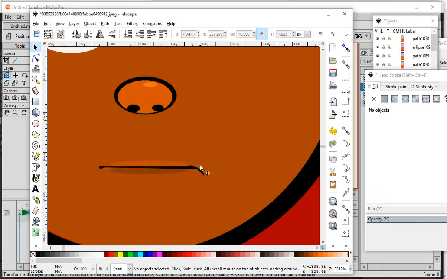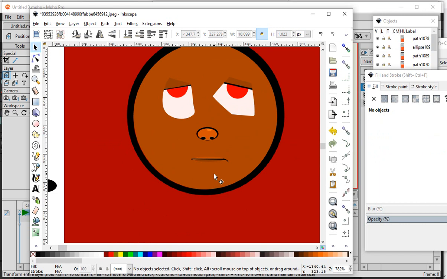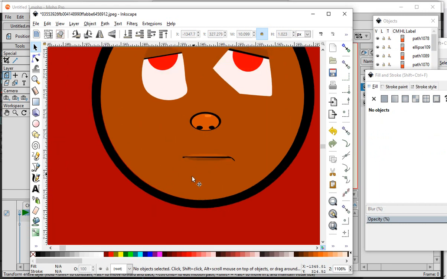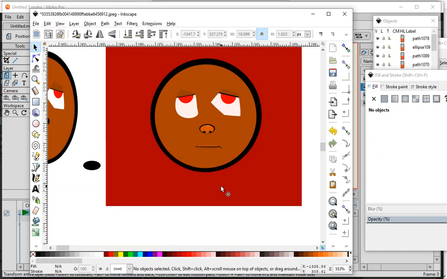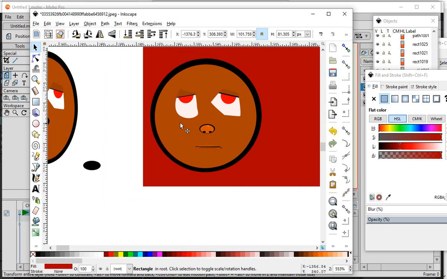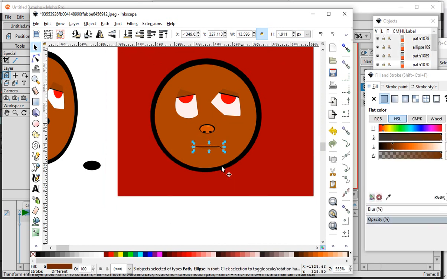Now, for 2D characters especially, you can put the mouth and have it placed on top, right? So if we have this basic standard character, and this is the neutral mouth,